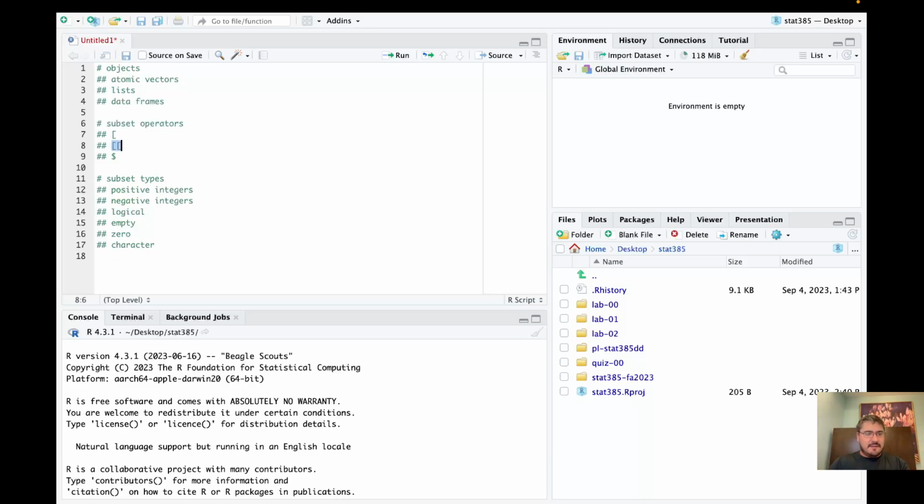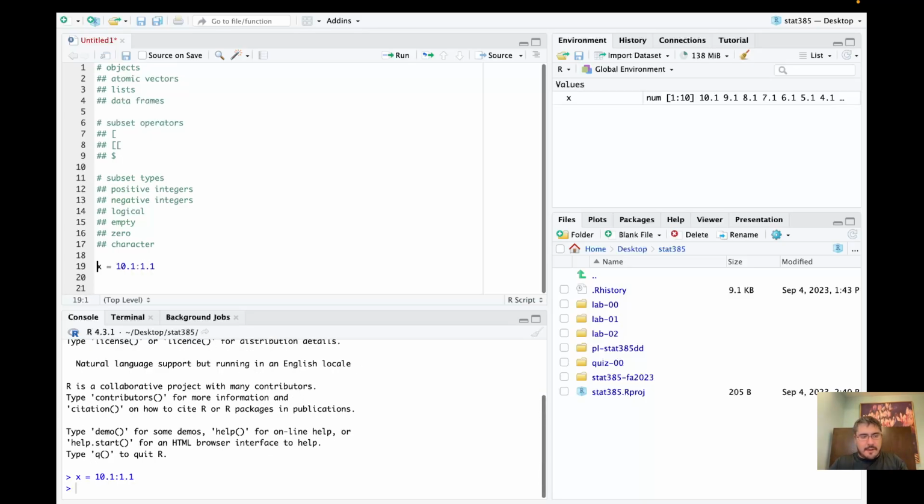This will make more sense later, and then this is just a convenient operator for named objects, and where we have various subset types. Okay, so we're going to try to go in order of objects and then go in order of subset operators and then in types. So first, let's introduce an atomic vector of the following form: